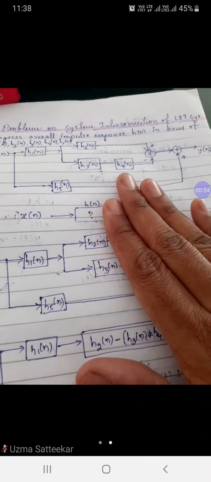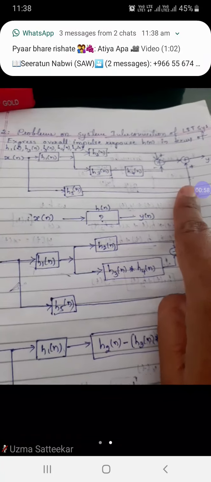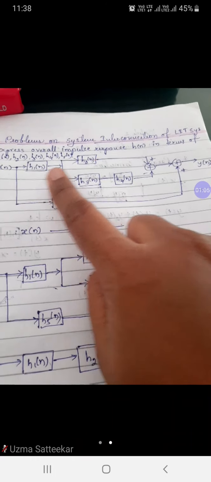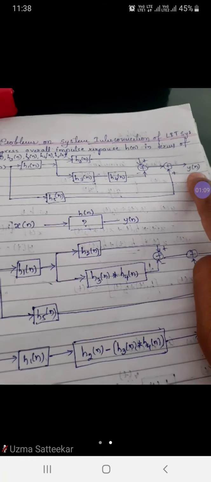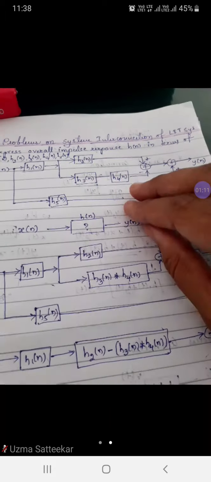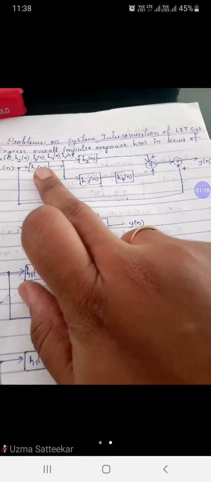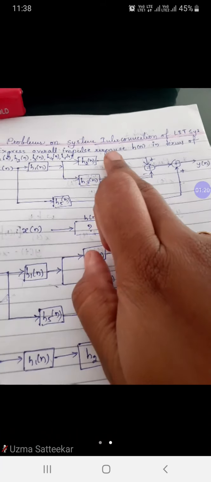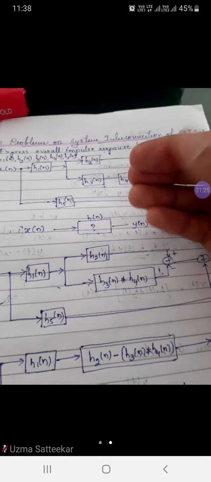Okay, first let us see the first possibility, wherein they have given you one block diagram with input x of n. It has 5 impulse responses if you observe: h1, h2, h3, h4 and h5, and this is the output y of n. In this block diagram, you have some series connections and some parallel connections. See here, this is in series. These impulse responses are in parallel, and again these are in series. So let us see one by one.